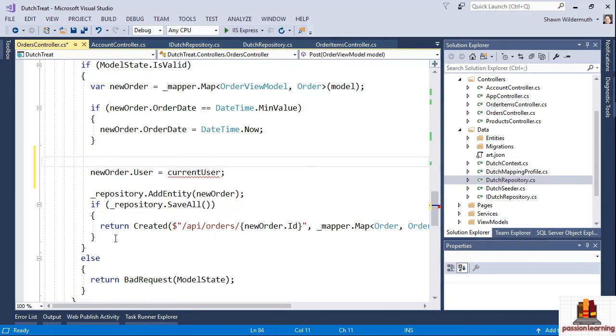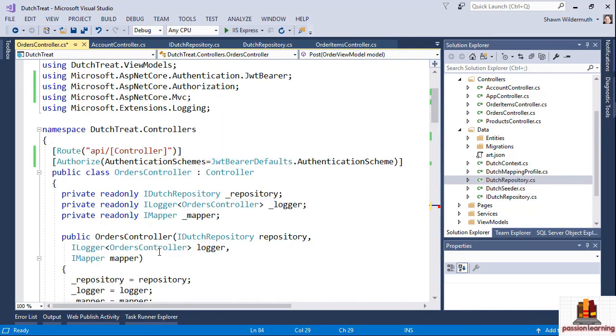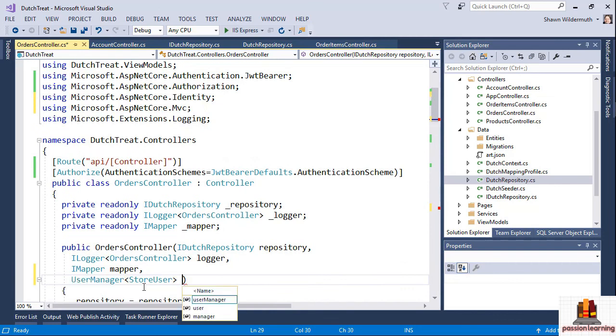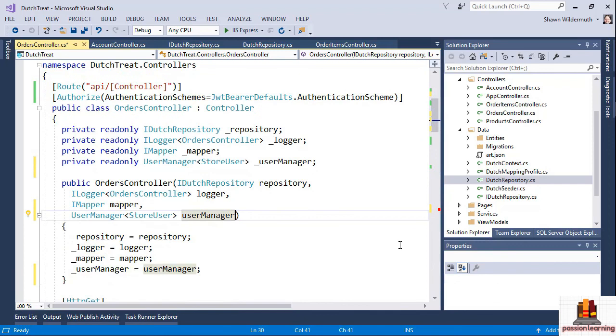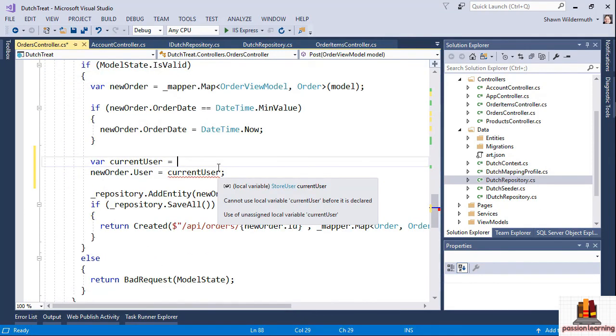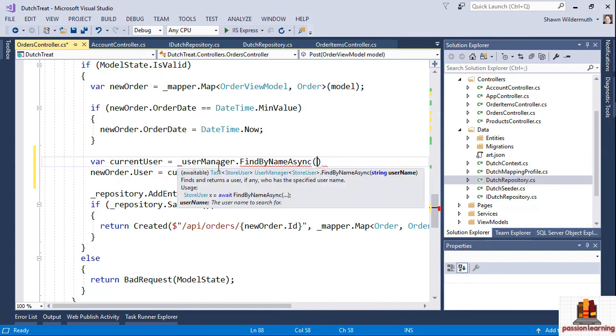So we need to be able to get this current user. And how do we do that? We need to use the user manager again. So we'll need to add the user manager to our orders controller, or we could have done this in the repository as well, but I find it better to do it here in the orders controller for not any good reason. I'll bring in that namespace and just call it user manager and create the field again. And then here I'll call user manager, find by name, and then pass in